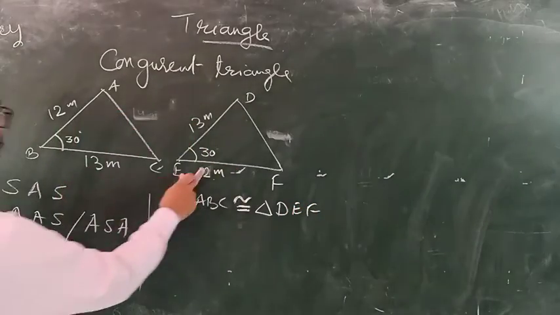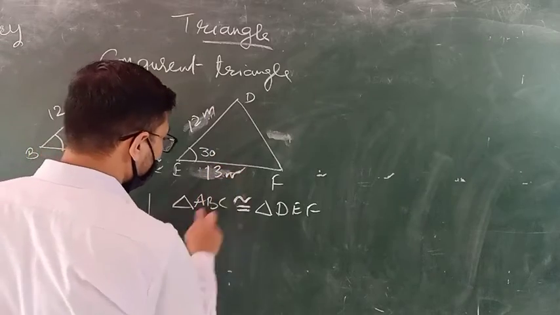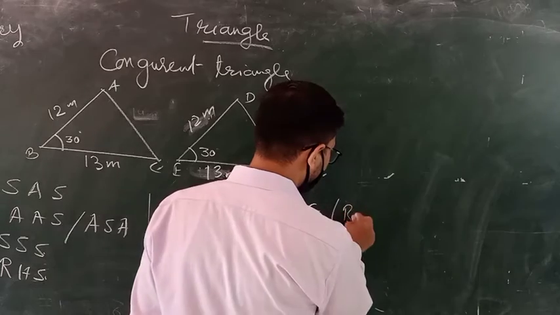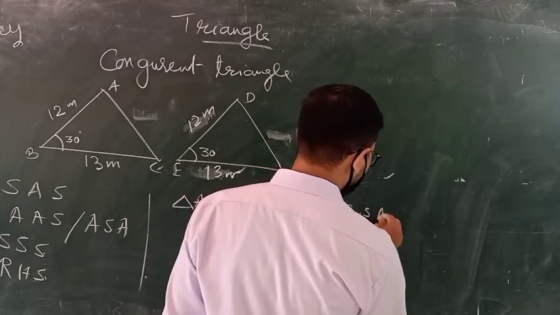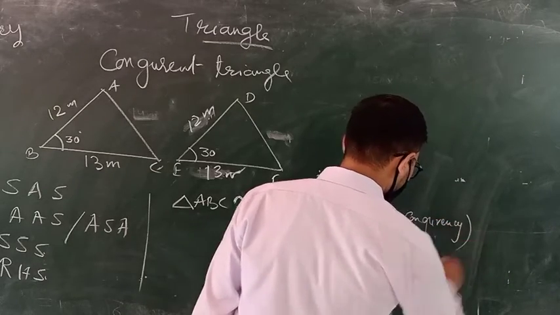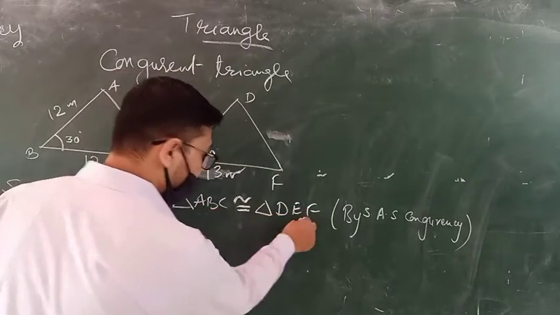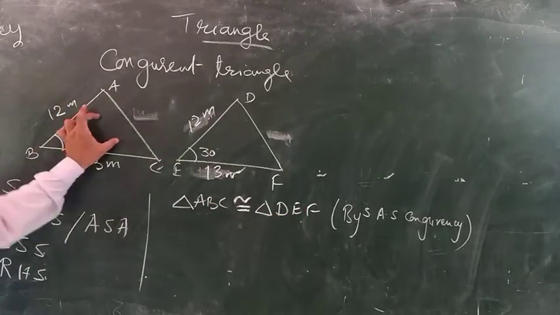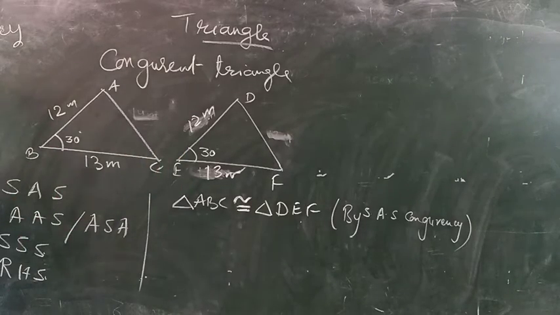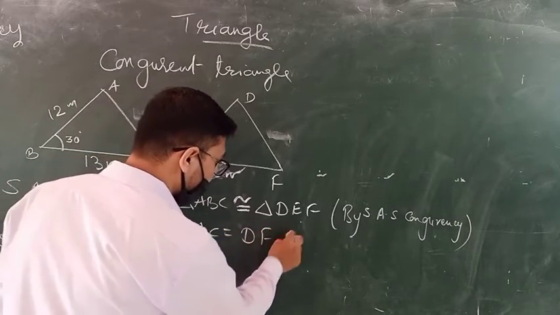तो बेहतर है मैं इसको क्या करता हूँ, इसको मैं 12 और इसको 13 करता हूँ. ठीक है, let's say this is 12 and this is 13. So triangle ABC is similar and equal to triangle DEF by the property side angle side congruence. Now, if triangle ABC is similar and congruent to triangle DEF, you can say AC is equal to DF, right? अगर बेटे दोनों के दोनों congruent proof हो गए, that means उनकी side dimensions equal होगी. That means AC is also equal to DF with the reason by